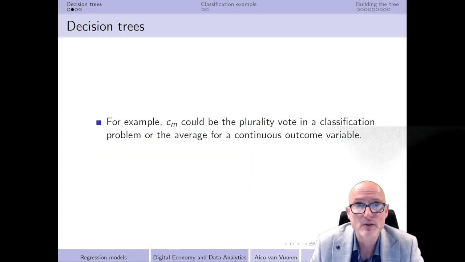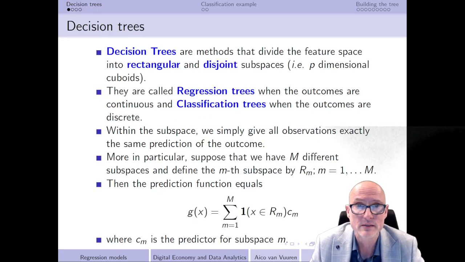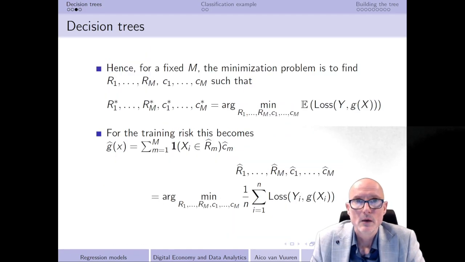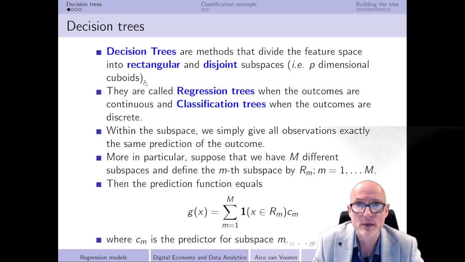At the moment that we're going to look at the continuous case, then we're going to do something else. Then we simply take the average among the outcomes that we have in this particular subspace. Take into account that decision trees depend in fact on two sets of parameters. That is first of all the R's, so the R1 to Rm, the subspaces that we have defined over here, but also of course the C1 to Cm, the predictors that we have